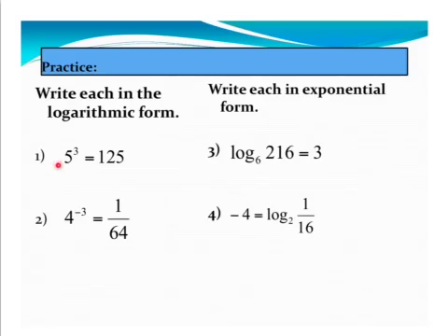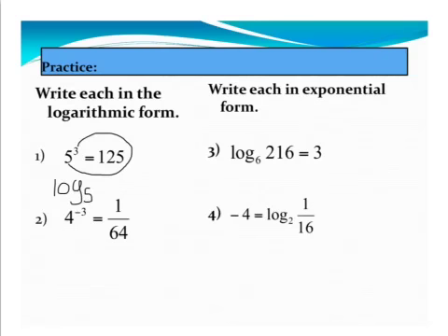Over here we have our base first. So we have 5 to the third equals 125, and we know that. That's also one we need to memorize. So what I want to do here is we go 5, and we do this little loopy method thing. First off, we go past the 5. So what we have is log